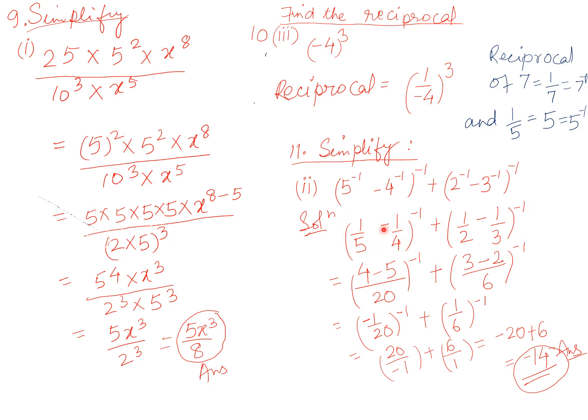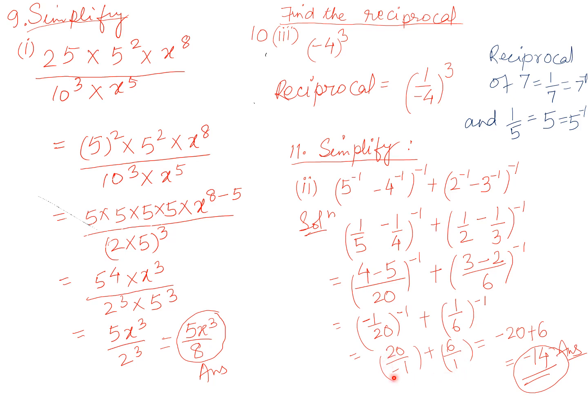First you solve inside bracket terms. So you will get the value as minus 1 by 20 to the power minus 1 plus 1 by 6 to the power minus 1. To the power minus 1 means again you have to invert. Invert means minus 1 by 20 will be 20 by minus 1. And then minus 1, power of minus 1 became a plus 1, which I have not written because power of 1 we don't write. Now 1 by 6 you have to invert, so it will be 6. I have written 6 by 1.